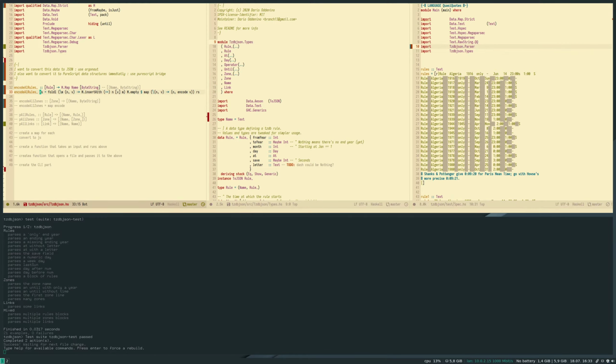I actually want to encode all of this. So let's create for now an encode region.